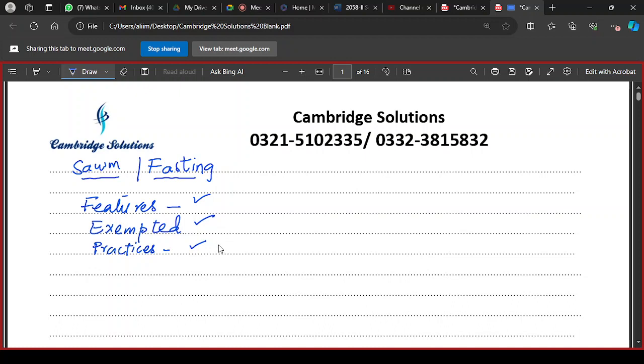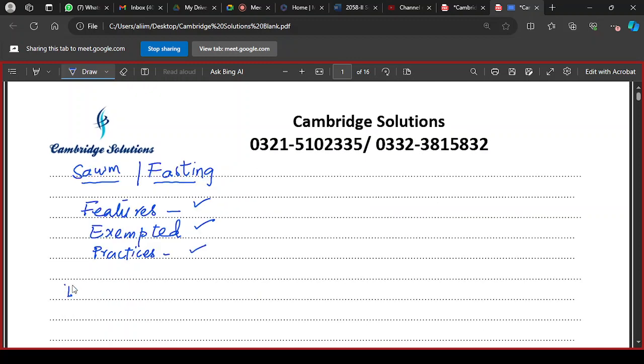could be about its benefits. First of all, we will only discuss the basic practices of the Muslims during this month and how this month is spent by the Muslims, what they usually do during this month. For this question, you will start your answer with the introduction. The first thing that you have to mention in the answer is a brief intro of Saum.